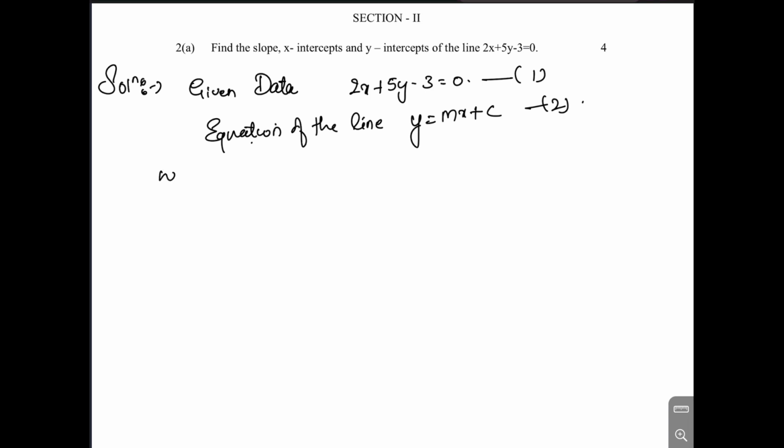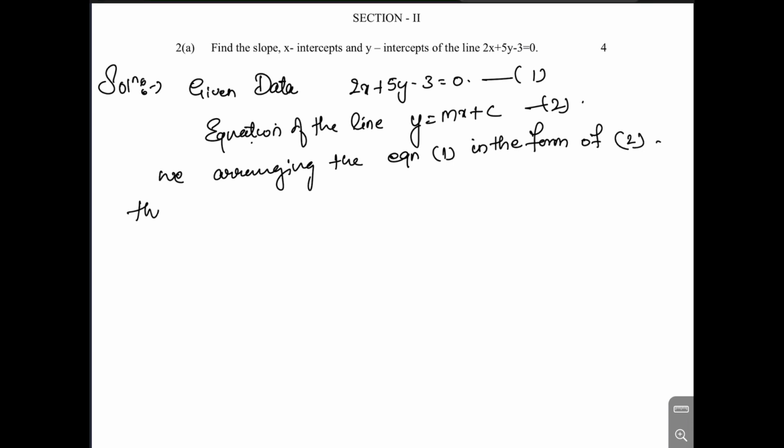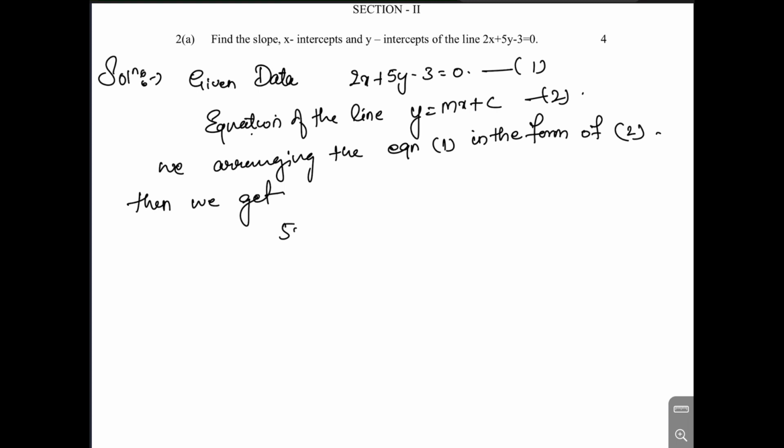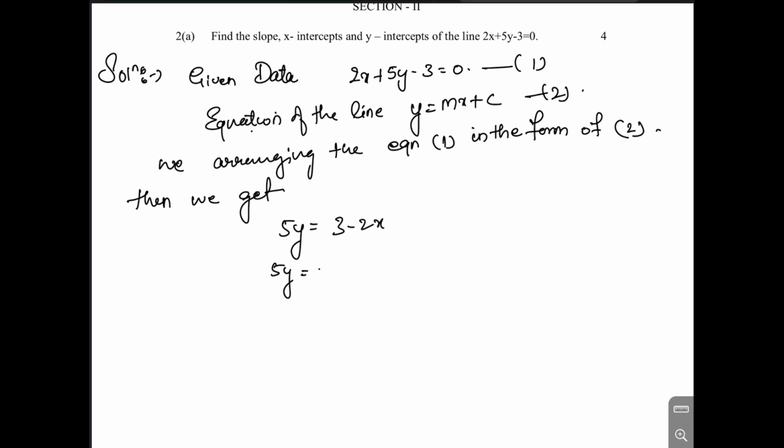Now arranging equation 1 in the form of equation 2, then we get 5y equals to 3 minus 2x, or we can write 5y equals to minus 2x plus 3, y equals to minus 2x divided by 5 plus 3 by 5, where c